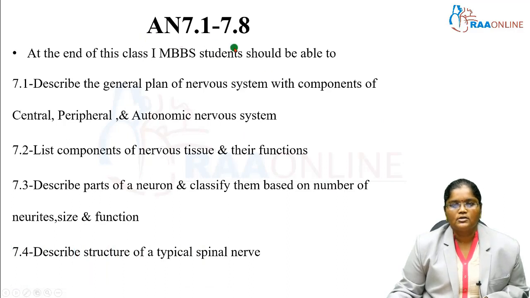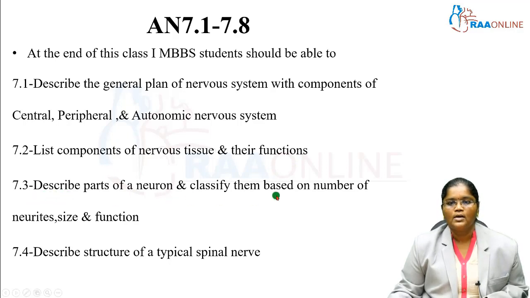The competencies related to this topic are, at the end of this class, the first MBBS students should be able to describe the general plan of the nervous system with components of central, peripheral and autonomic nervous system; 7.2, list the components of nervous tissue and their functions; and 7.3, describe the parts of a neuron and classify them based on number of neurites, size and function;